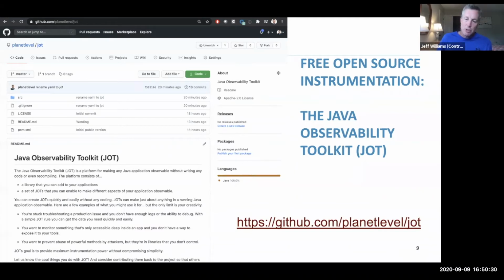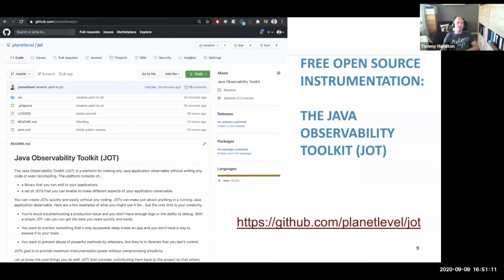And then the other thing, directly to your question, yeah, developers don't know everything they want to look for, particularly in security. And so one of the aspects of this JOT project is to try to get people to contribute their JOTs. If you come up with a great JOT for detecting XXE vulnerabilities or performance problems or whatever, you can contribute them, and we'll build a library of those things here. There are already several dozen JOTs available in the project, but we'll build a whole community of them, so you could quickly grab one, add it to your application, and get a new chart or a new feed of information out.